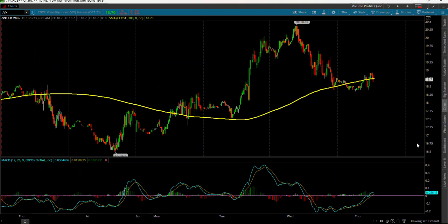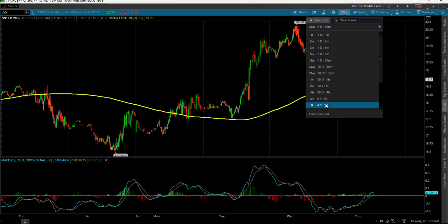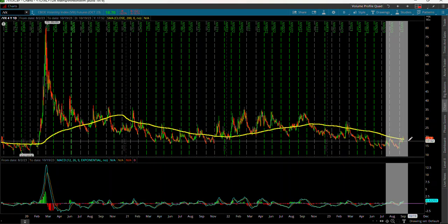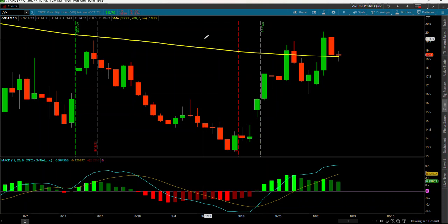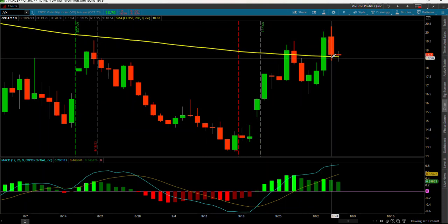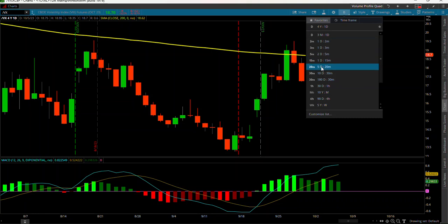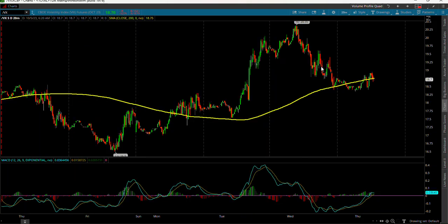Next, if you go out in the daily, so we've been fighting on the VX real quick here. We've been fighting this 200-day moving average. Okay, so that's where we're currently trading on the VX futures, right around that 200-day moving average, fighting it. Go back down to 20 real quick here. What I'm looking at here,